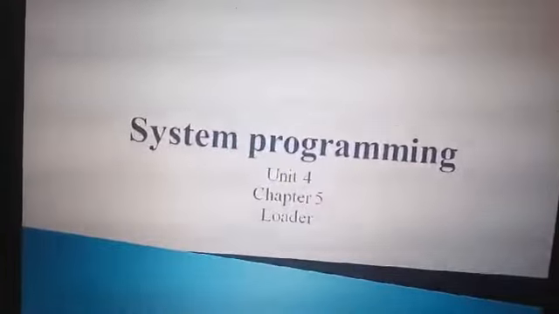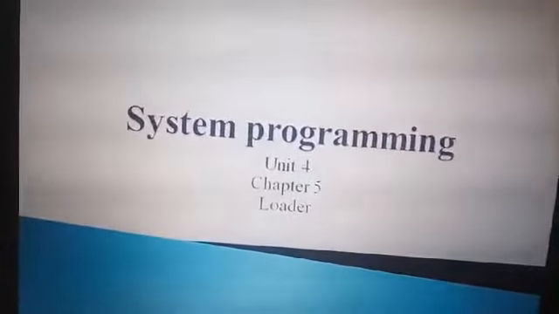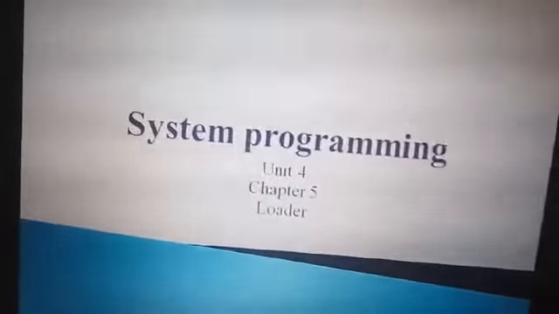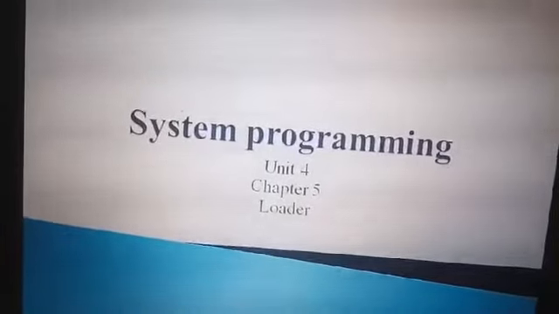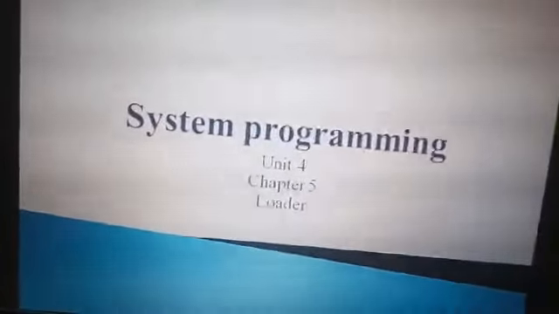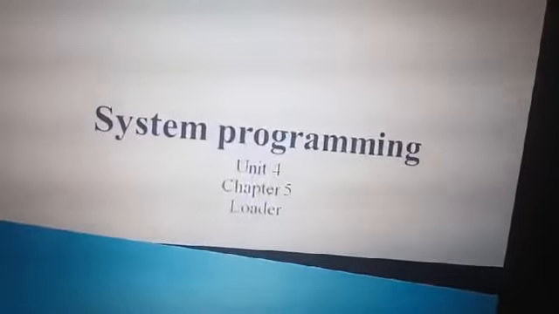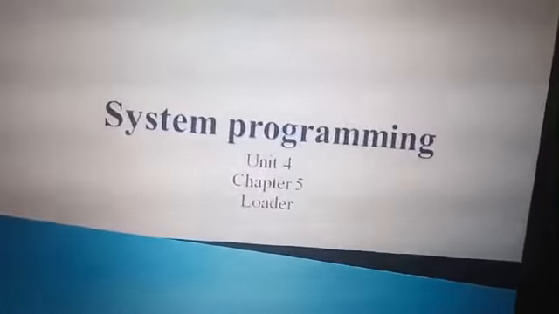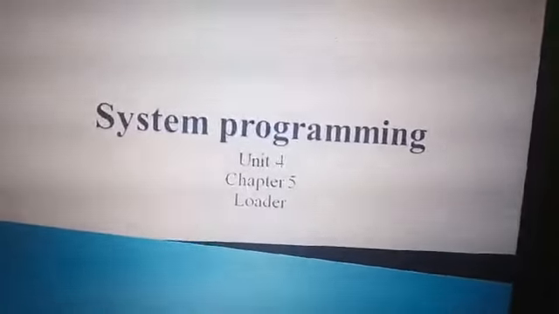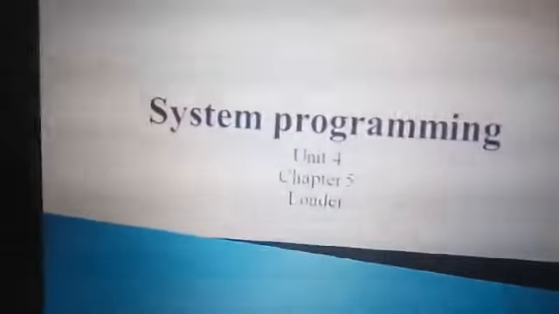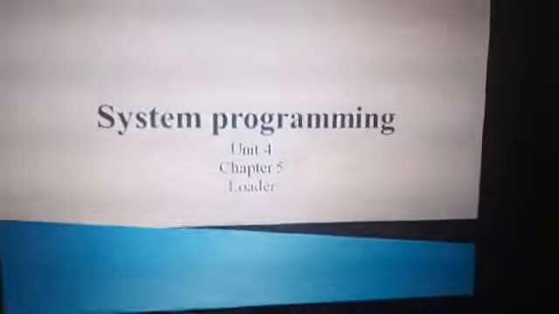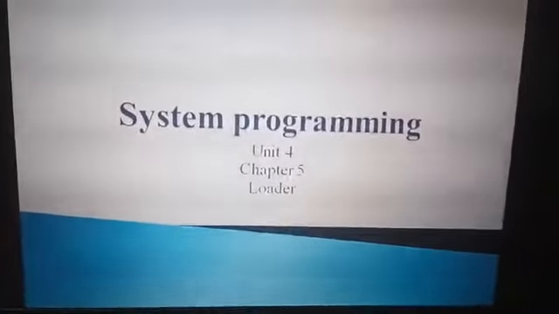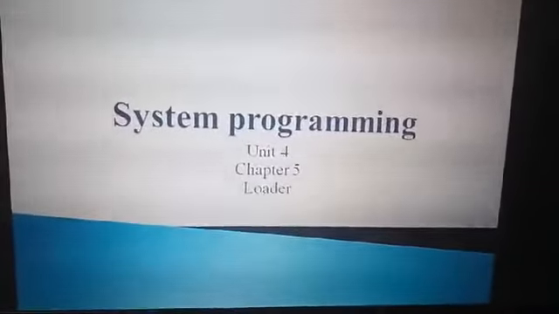We already discussed with the example that if read A is 950, 550, then 540, then when loading it is linked to 940. So the relocation factor will do this. With the help of the relocation factor we'll do this. We'll add the relocation factor. So we checked all the data structures, and we'll go with the algorithm. Before going to the algorithm, let us recall what data structures the loader uses.